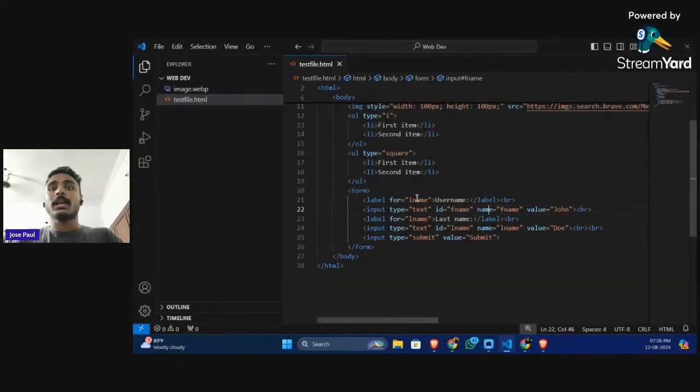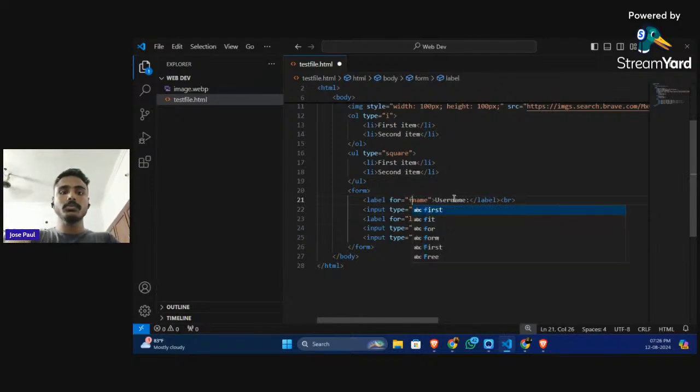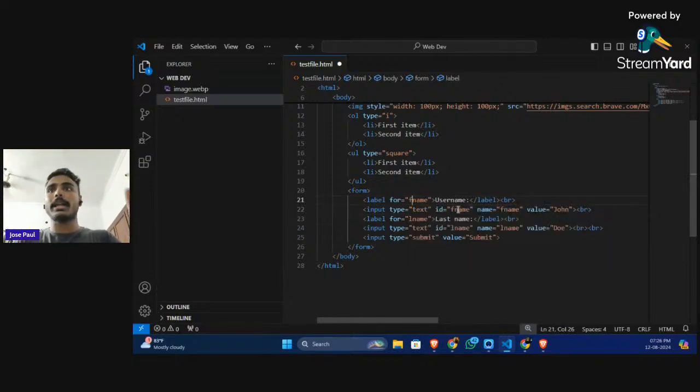So just type in the same ID name which you are trying to link the label with. So that's the use case of ID. With the ID, we can identify this input tag. The name is used to identify this input. Both of them are used, but id is specifically used to show,